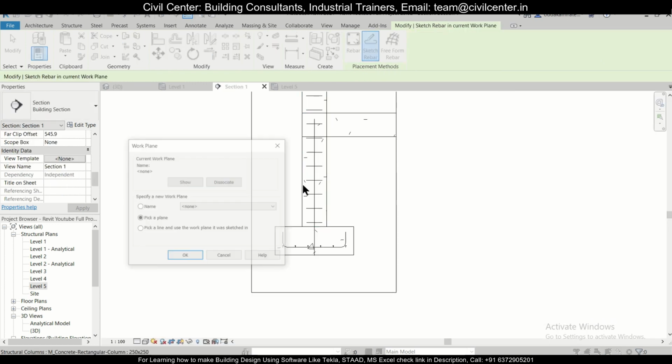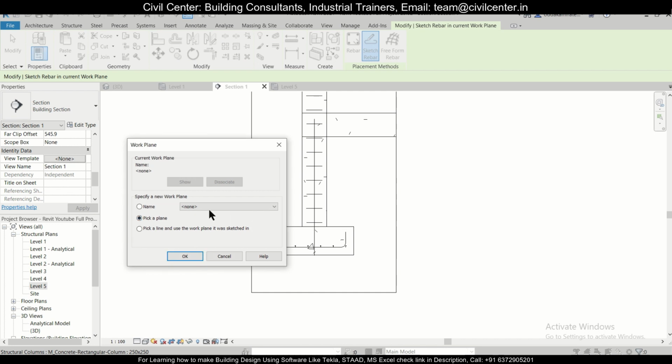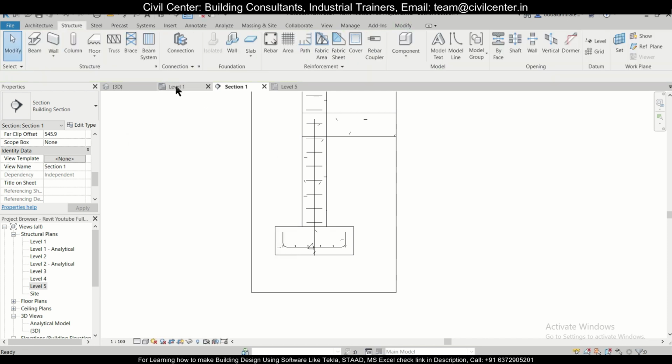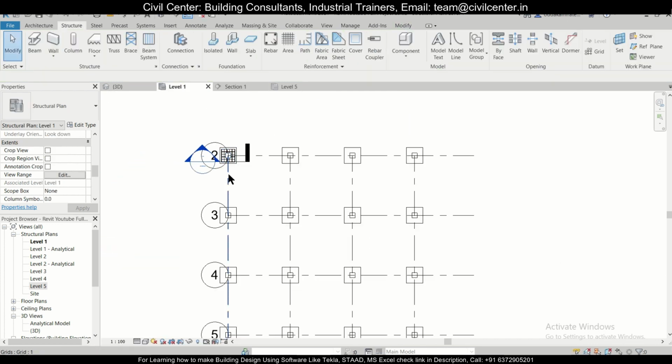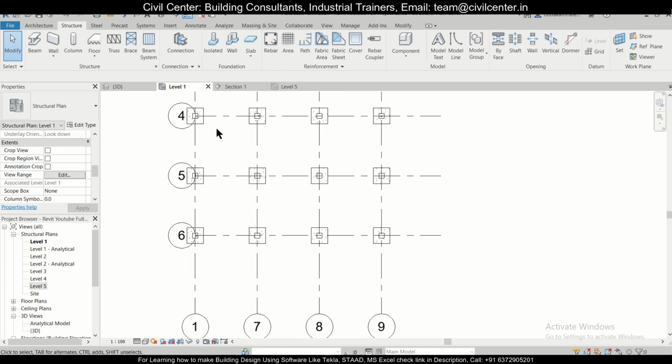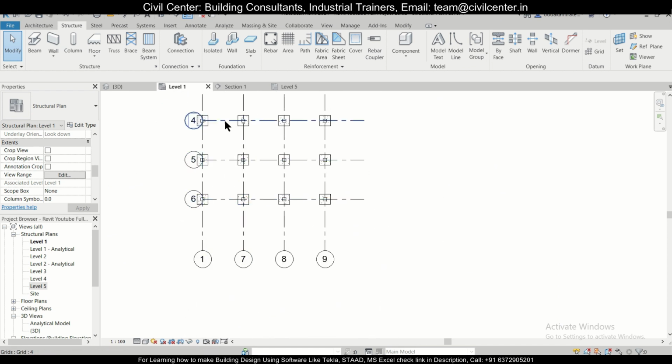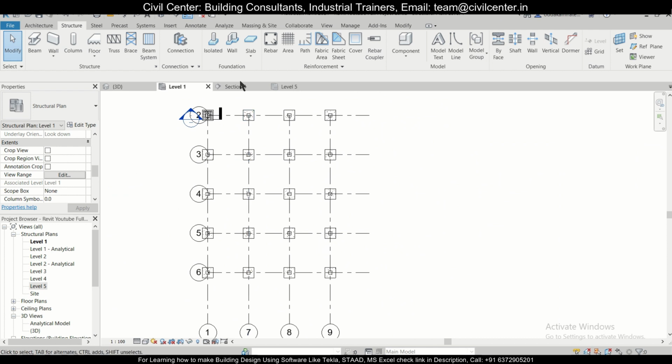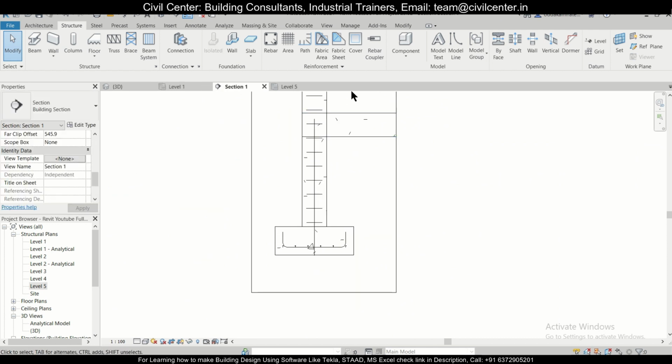We'll select the column as our host, and this section 1 work plane, we need to select a work plane. So for that you need to go to the 3D view, and then you need to check the particular section as we are working in. So this is the section 1. You can define the section 1 as a work plane. Also you have this written here, right here.